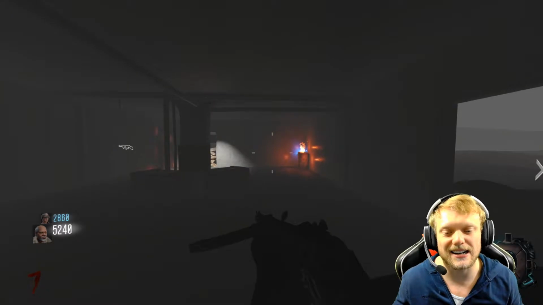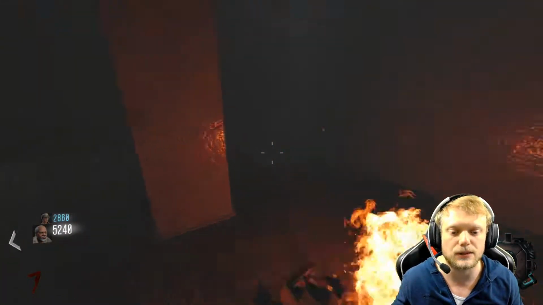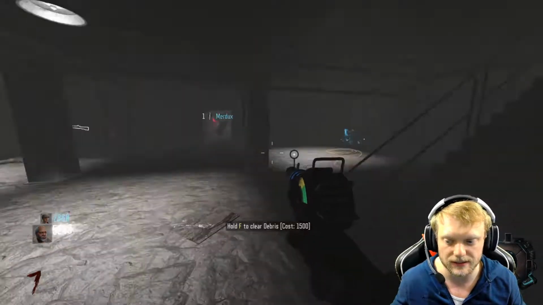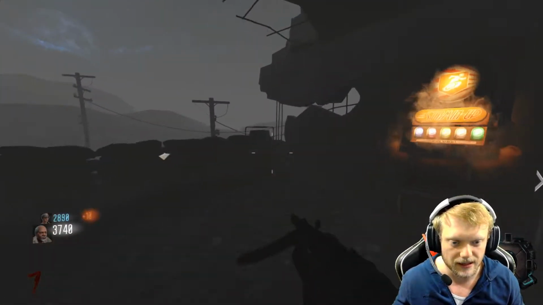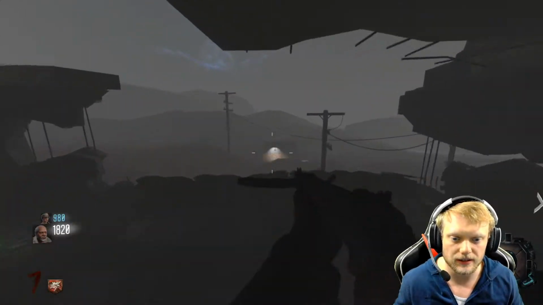So I guess this is kind of RNG, but it should give it to you pretty quickly. At least this one you can do in a round. You don't have to keep going through rounds. It's not like the death machine where you might not get it till round 18, but yeah. So we're just gonna link and we're gonna teleport. I feel like there's something to do with this, but